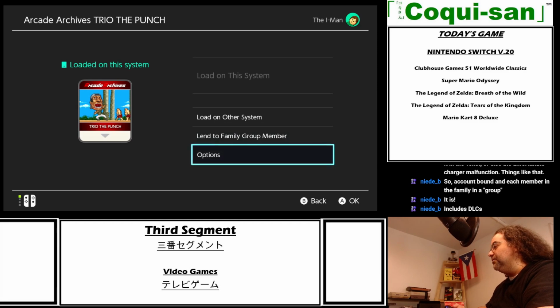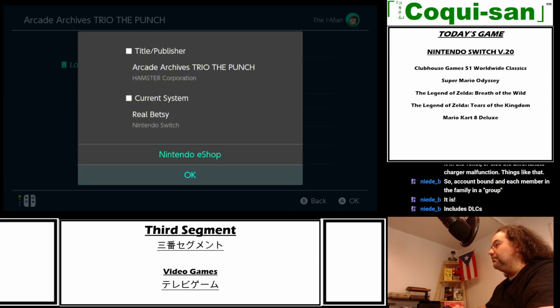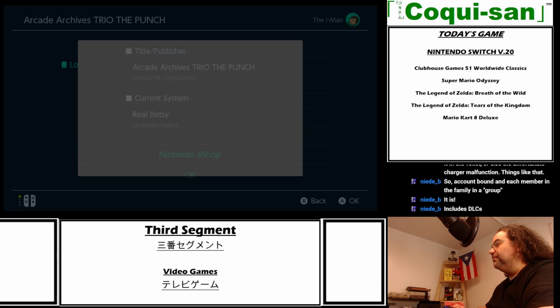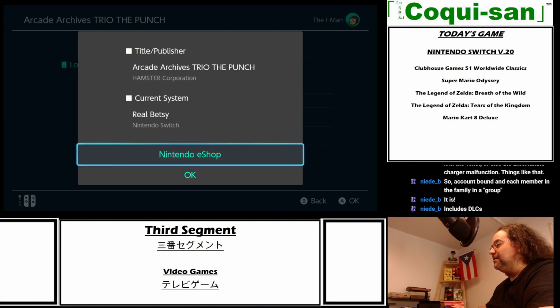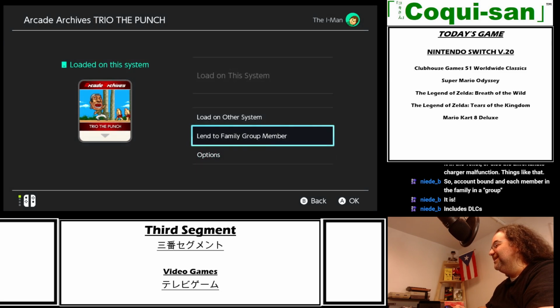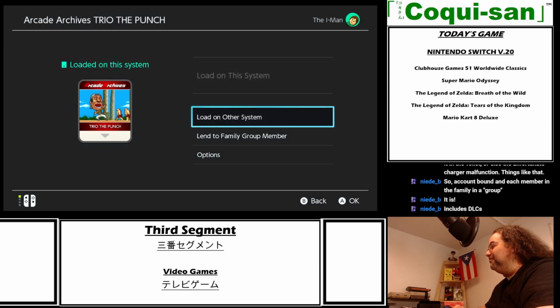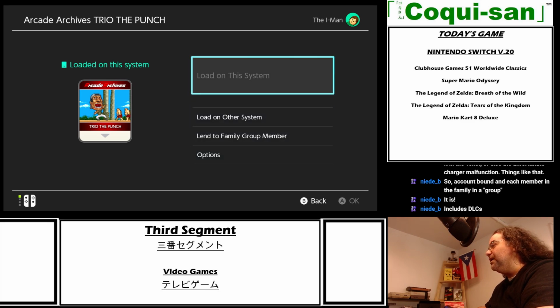Alright, that's very interesting. Now, options here. View details. Eject from the system. Hide and close. Wait, okay. Let's see here. Title publisher, Arcade Archives Trio the Punch, Hamster Corporation. Current system, Real Betsy Nintendo Switch. I can't believe it's using my name, and it links up to the eShop. That's crazy, but that's funny. It's using the name of my system, Real Betsy. So yeah, since it's already loaded on this system,